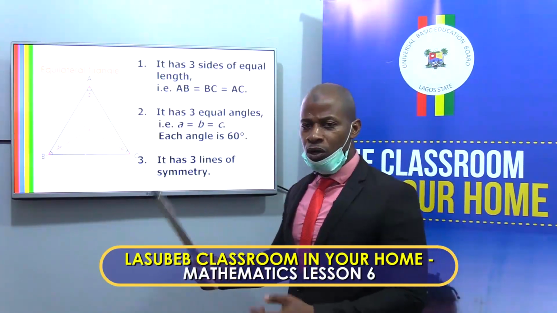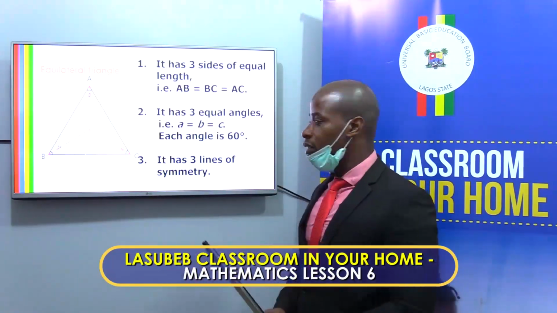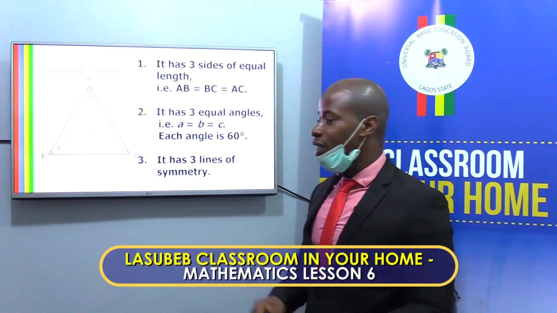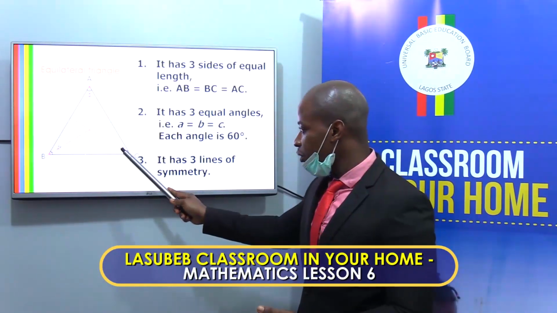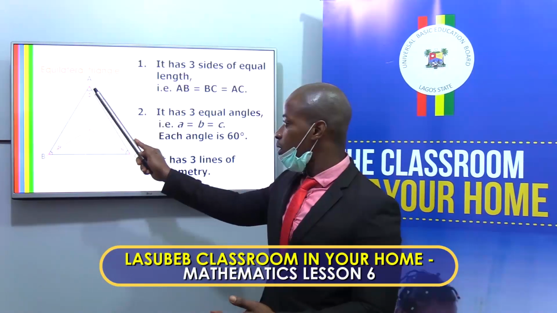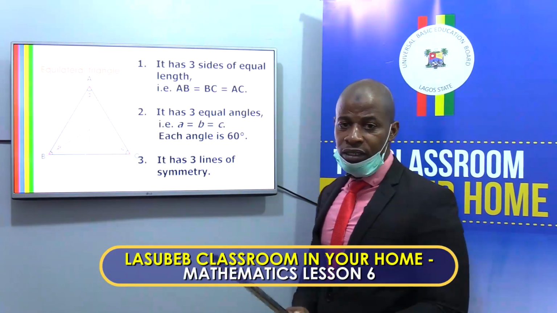Now, we're going to be talking about sum of angles in a triangle at some point in the lesson. But for now, let us know that each of these angles is 60 degrees. So 60 degrees here, 60 degrees here, and 60 degrees here. I will explain why that is in the course of the lesson. You just pay